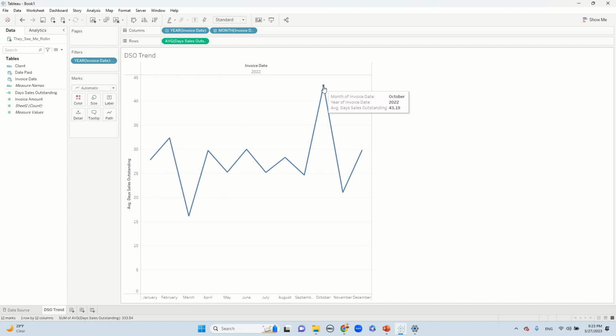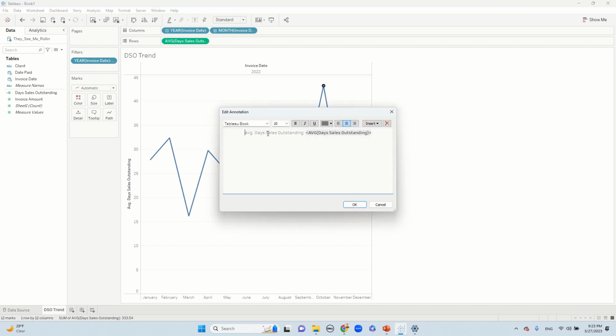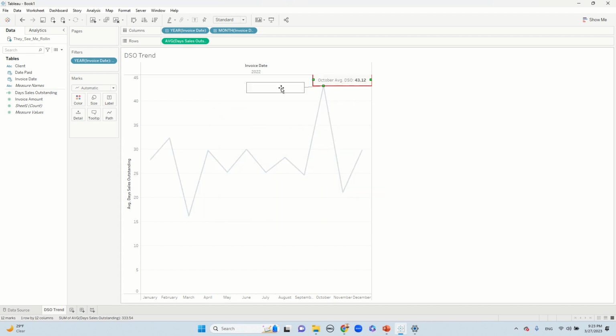Let's label this point to make it stand out to our controller. We'll right click, we'll annotate the point, average DSO for October is right there. So we can see our October average DSO 43.12. That means that on average for the October invoices, it took customers 43 days to pay, which is abnormally